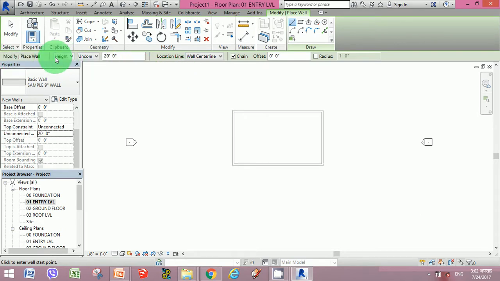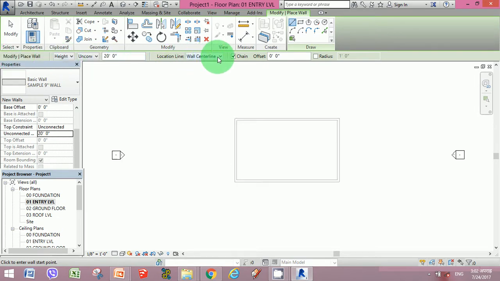Before doing any further work, keep in mind that the location line is in the wall center line. If you do any kind of designing, the wall would correspond with the center line of the existing drawings. So if we want to take the reference of this existing wall, you take the finished face interior part, because we want this wall to be in the interior of this existing wall. So go in the clockwise direction, always the clockwise direction.